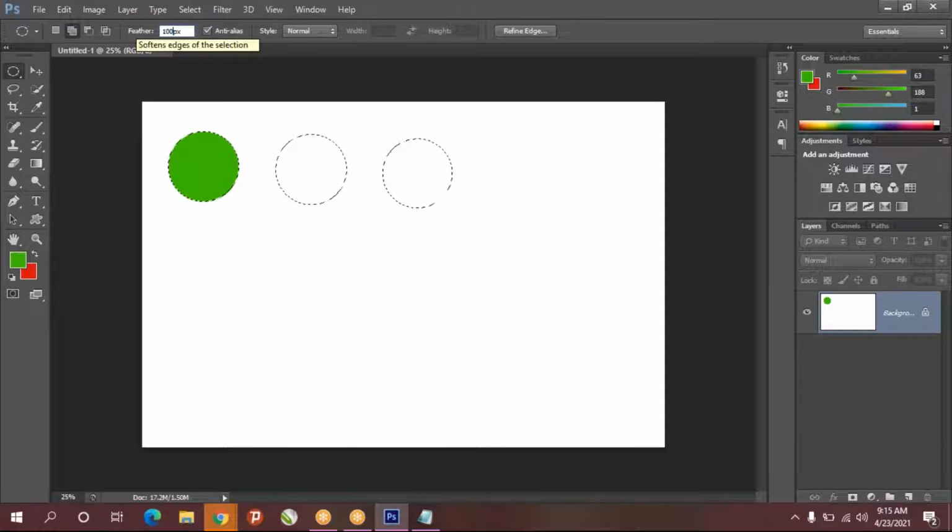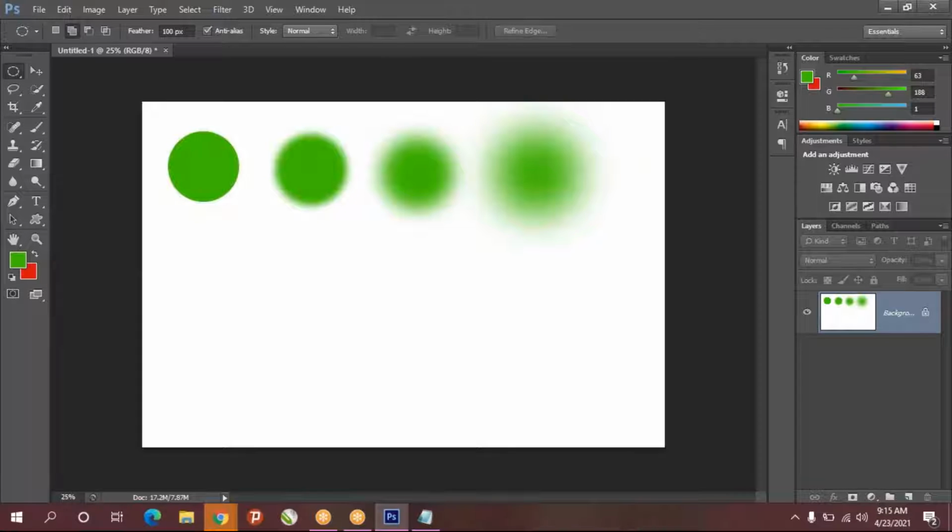I'll give 100. Now I'll fill the color, see the difference. When you give more feather, the edges won't be sharp. It will be smooth and feathered. That means through that you can see some other object also.